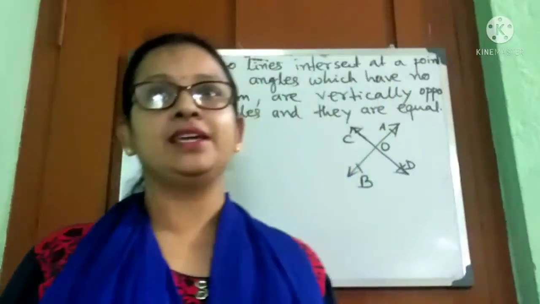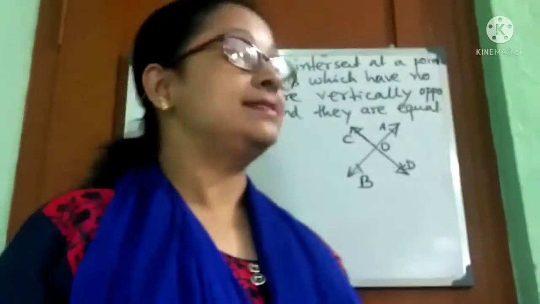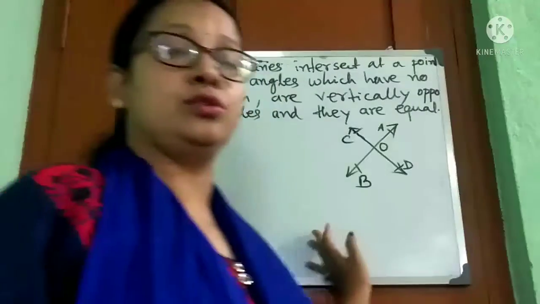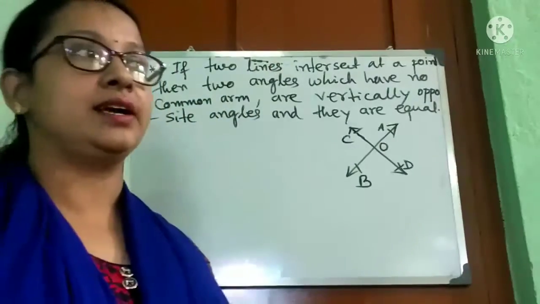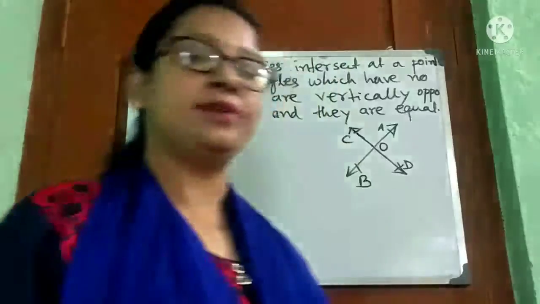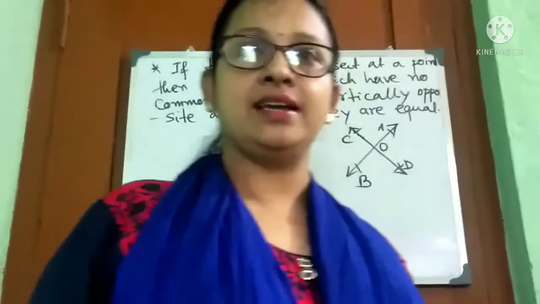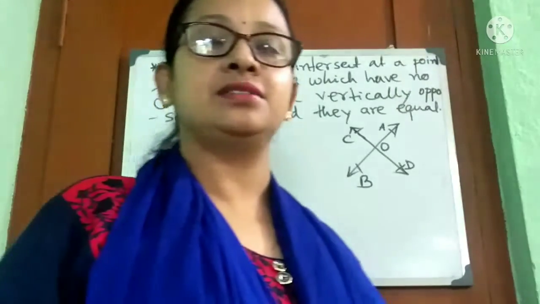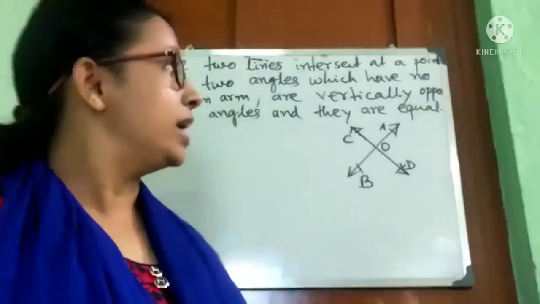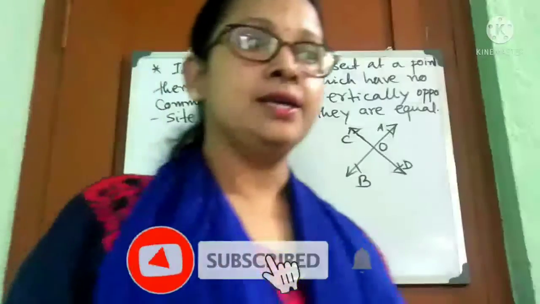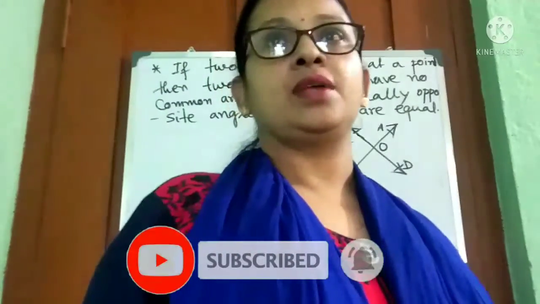Today again I am making a new video for you about lines and angles. In the previous video, the introduction to lines and angles, I explained different kinds of angles, such as adjacent angles, vertically opposite angles, and linear pairs of angles. So now today I will prove why two vertical angles are equal.